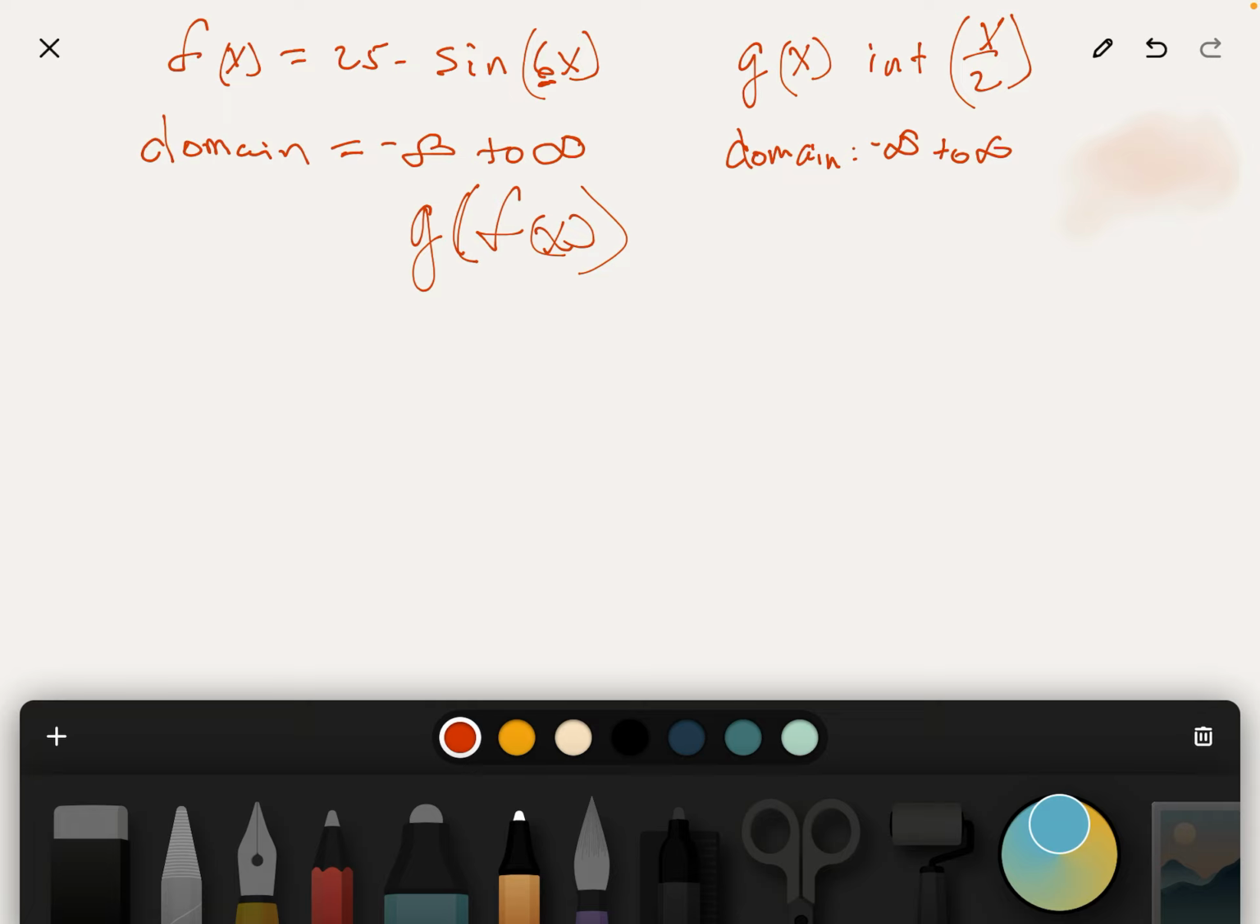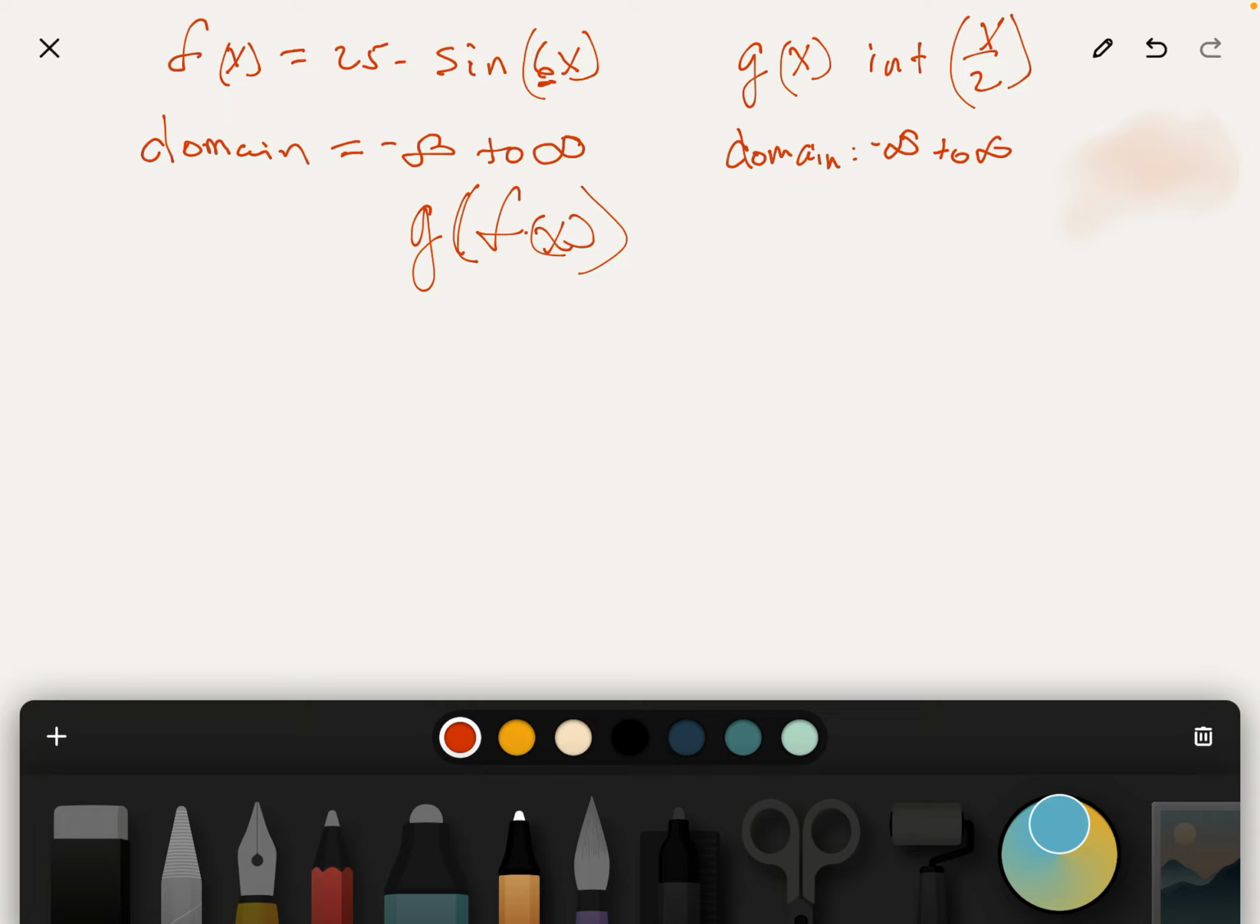However, when you have a combined function like this, it turns out that whatever the range of f of x is, that then becomes the domain of g of x. And so I think maybe that's already clear. If it's not, it'll become clear in a minute. So what's the range of f of x here? Well,